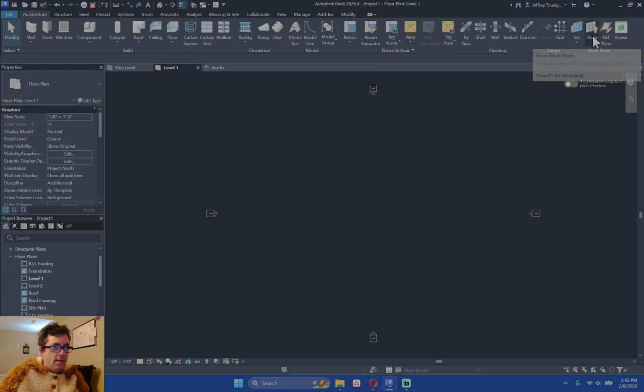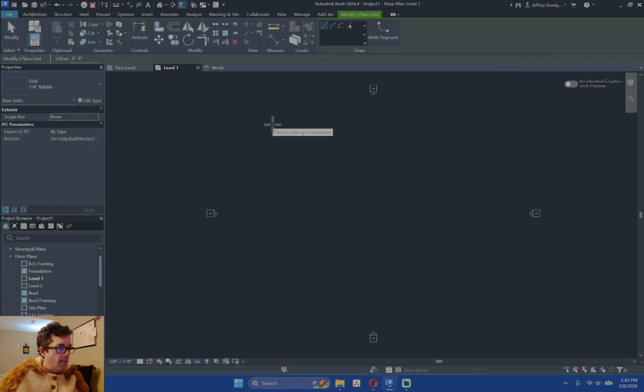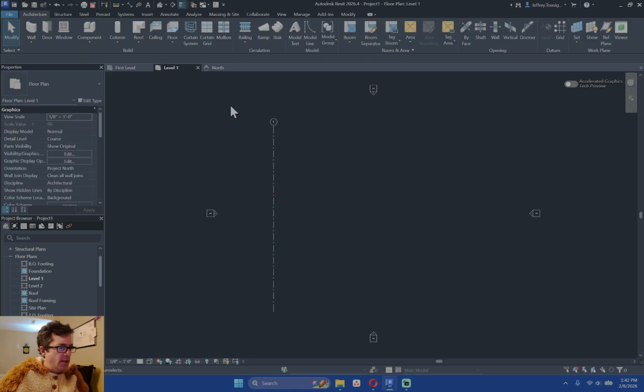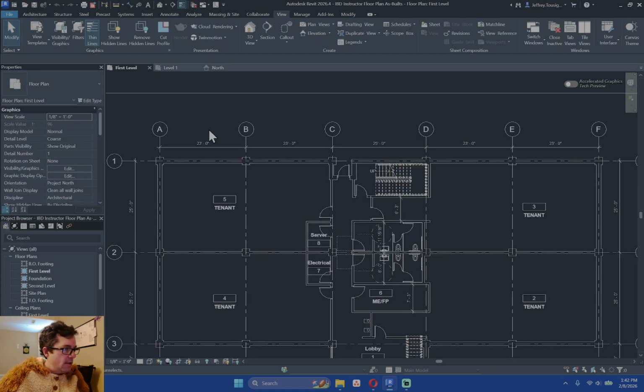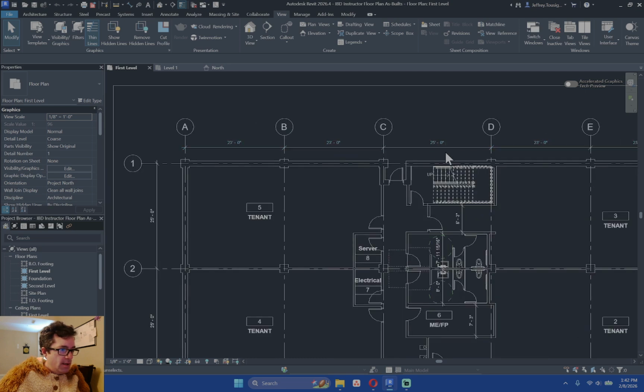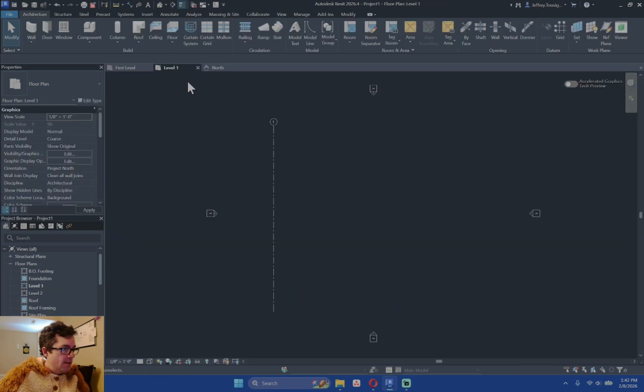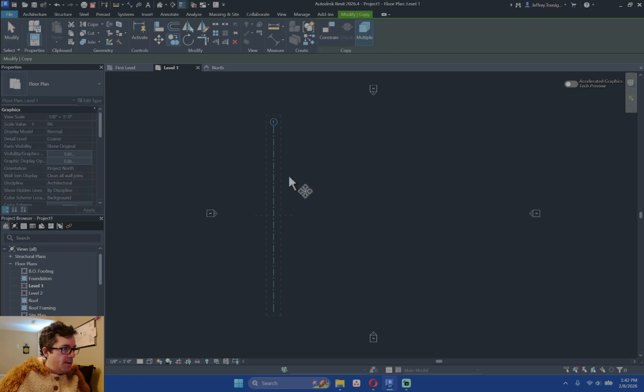So I'm going to start the grid tool. Draw that. Let's draw it up. I'm going to try and make it graphically, literally try and recreate itself like the other drawing, and then we could modify it as we need to. So that was 23 feet and then 25 in the center. So we'll copy this, 23 feet. And then I think another 23. And then we had our 25,